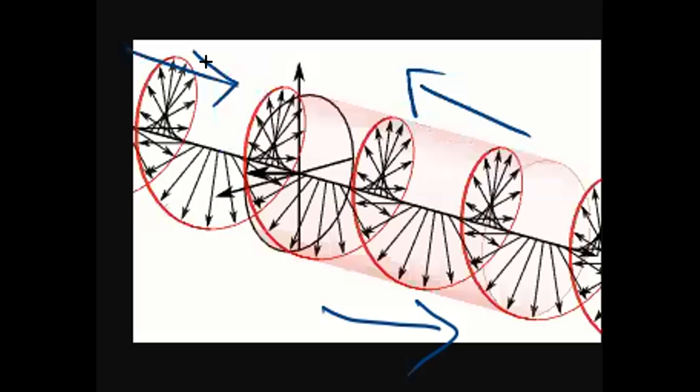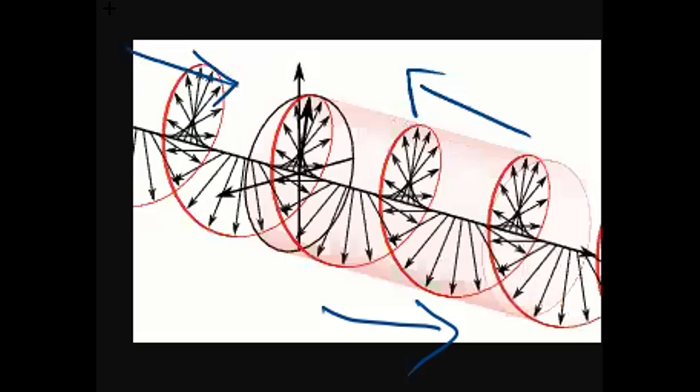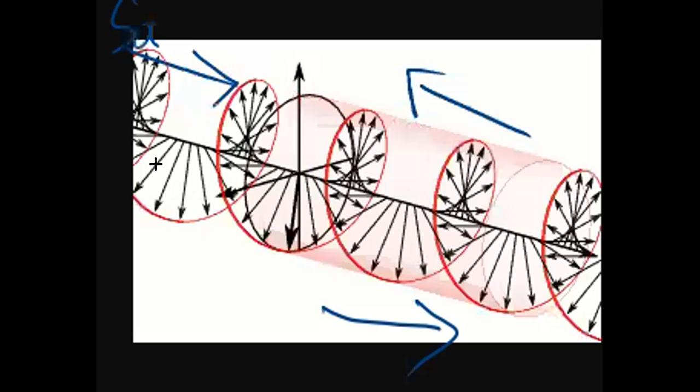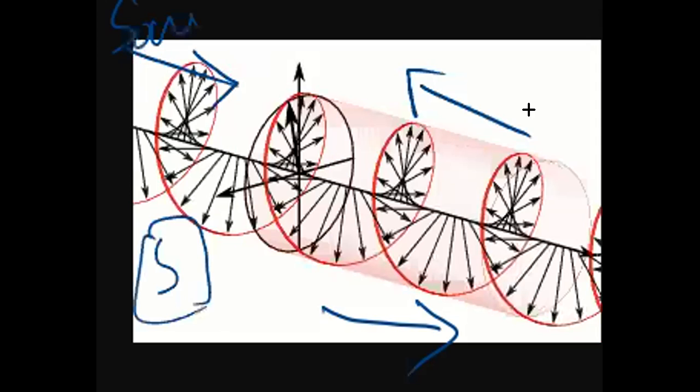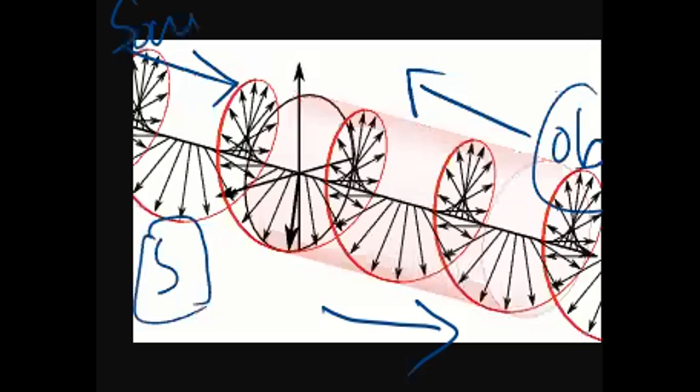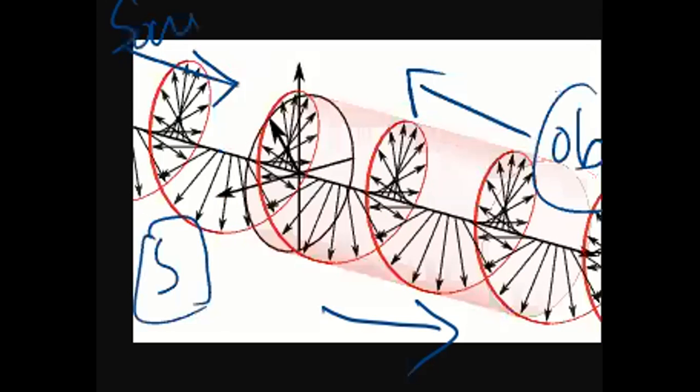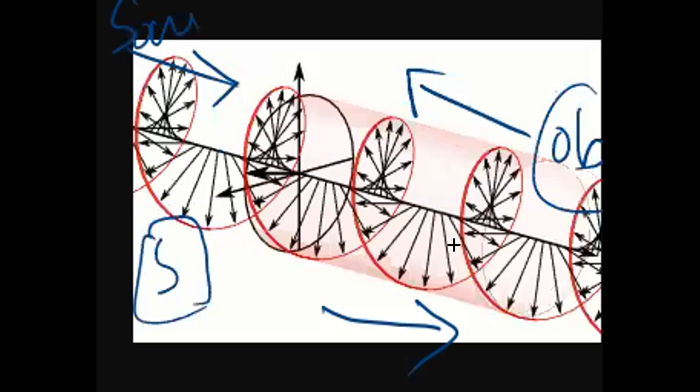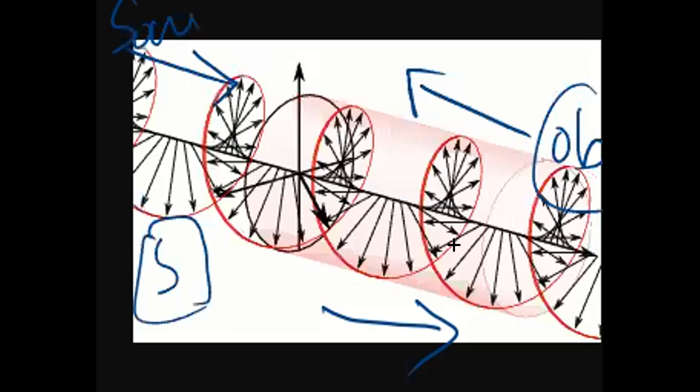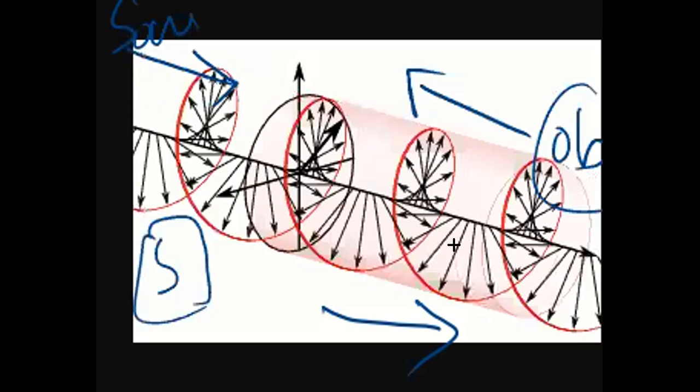If you see from here, that is anti-clockwise. Say, for example, this is the source side, and this is the observation side, the receiver side. Either you have to see it from the observation point of view or from the source point of view. Another confusion is there, again, to denote whether this is clockwise or anti-clockwise.